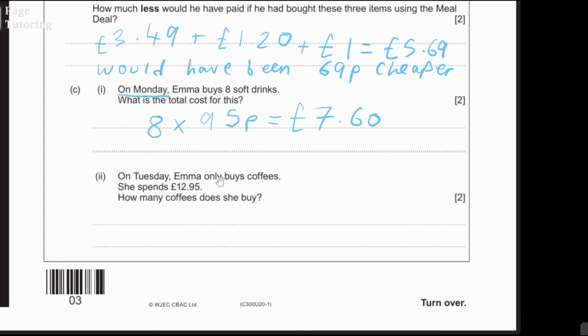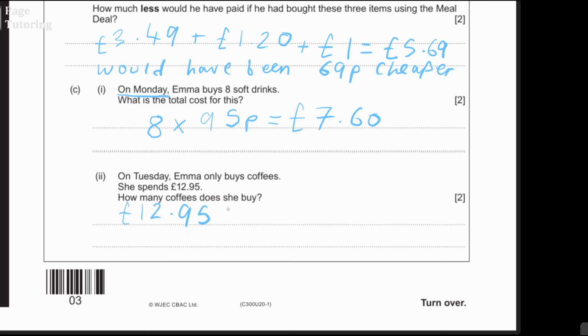On Tuesday, Emma only buys coffees. She spends £12.95. So that's a lot on coffees. I think Emma may be being sent by the office to get everybody a drink. So now let's have a look. In total, she spends this much money: